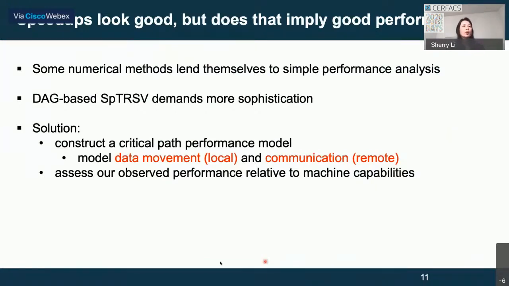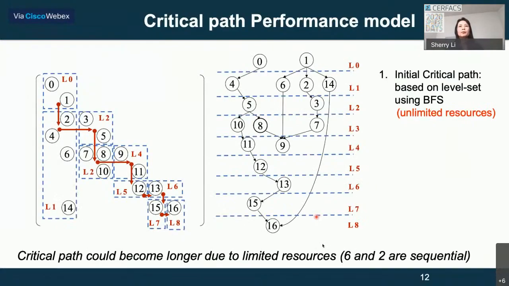Here, for the single right-hand side triangular solve, you can consider computation, floating point operation, as free. It's mainly the data movement, which is on the local part for GEMV, or the communication for the remote part, which is the binary tree, either broadcast or reduction. So those are the 2 components we'll model. So our tool is to use the critical